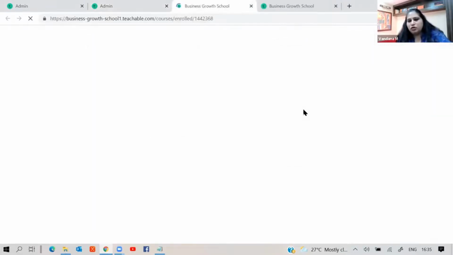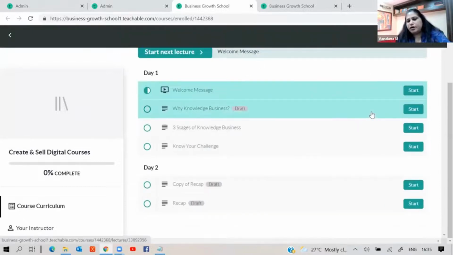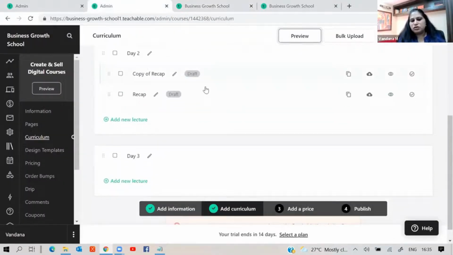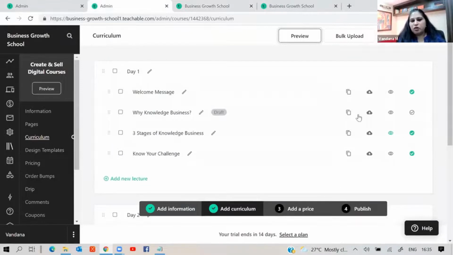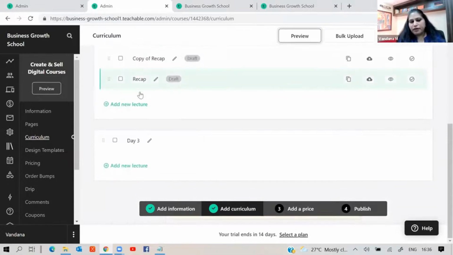So you know there are 4 lectures, but only the ones that you have published will be visible to your target audience. Not everything that you have outlined. That is your backend. There is a front end, what your customers will see, and there is a backend where you are doing the preparation for your courses, right? So this is how you create your course outline, and this is how you upload your course content here, right?